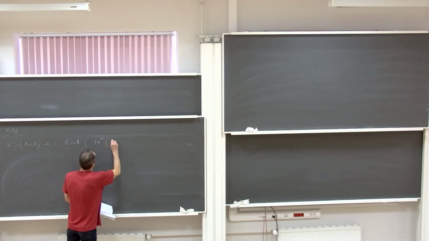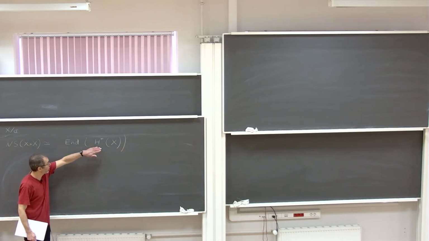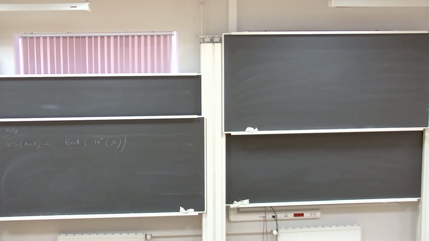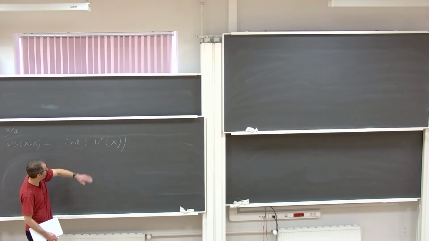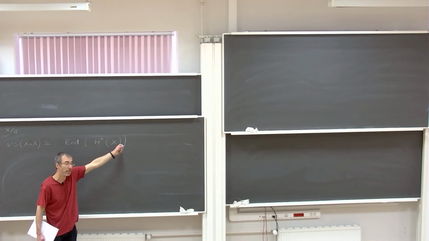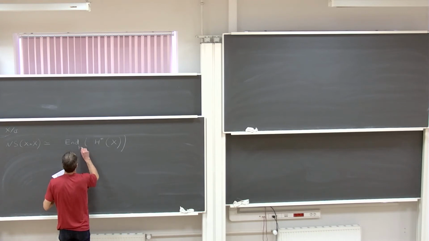So this is X. You have H0, H1, H2, H0, and H1, very simple groups. So this has two copies of Z in it, right? Okay, so this was